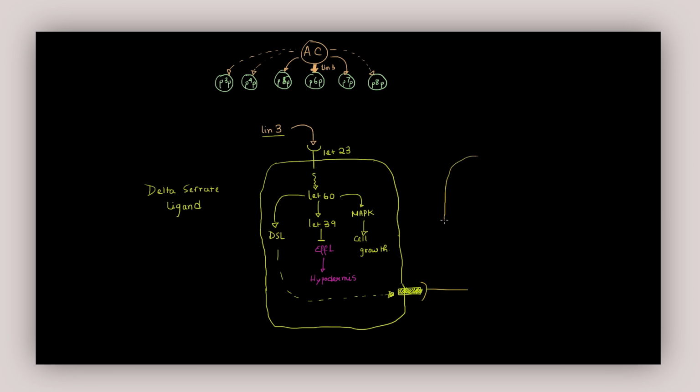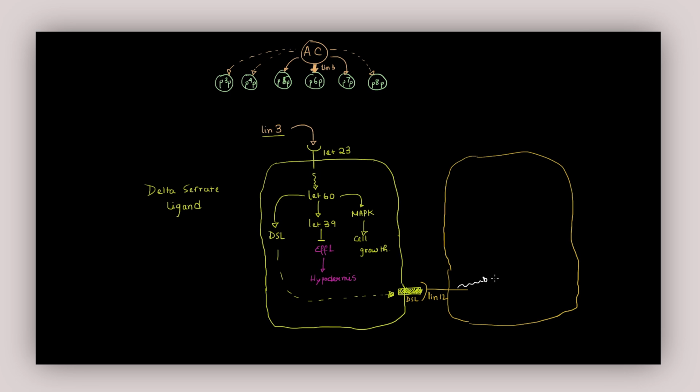Let me draw the cell. So this is the adjacent cell, and this receptor is called Lin12. So Lin12 is receiving DSL, and while it is receiving DSL, it relays a signal and